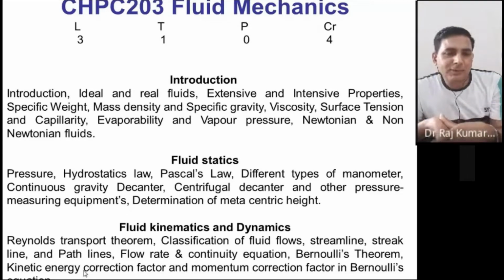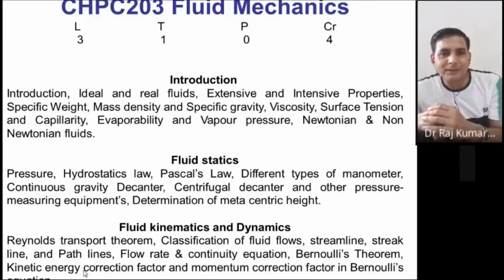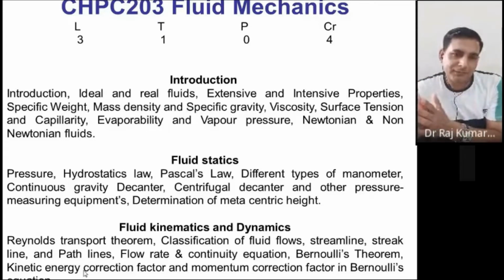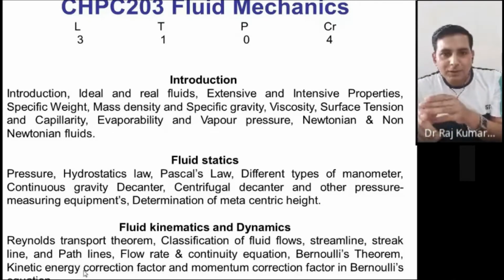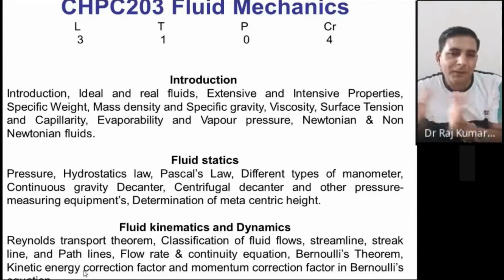So that way you will get the average velocity. Now based on that you can calculate your kinetic energy, that half mv square. That is the kinetic energy based on your average velocity because it is easy to calculate. But this is not correct because that much velocity is not coming from the pipe.